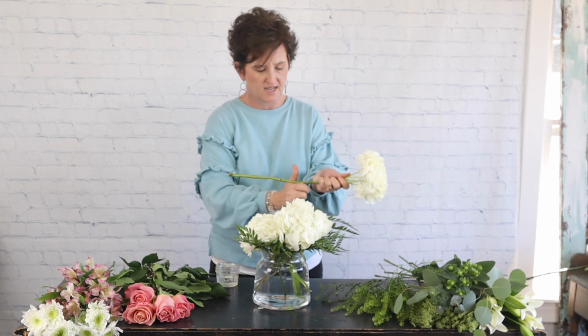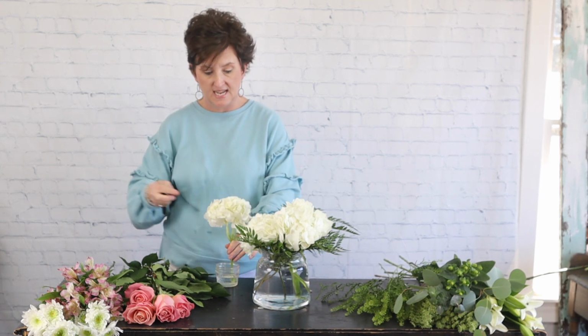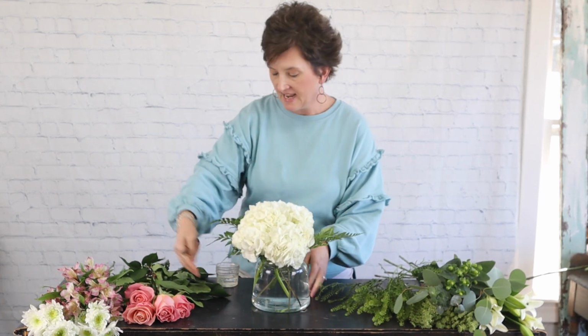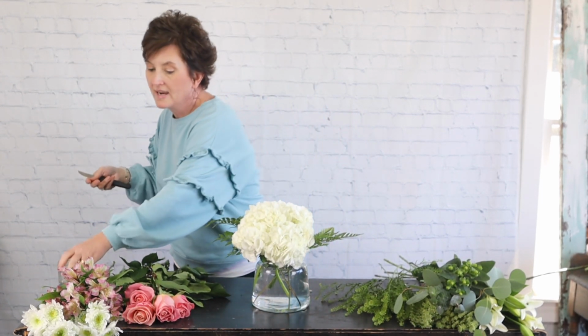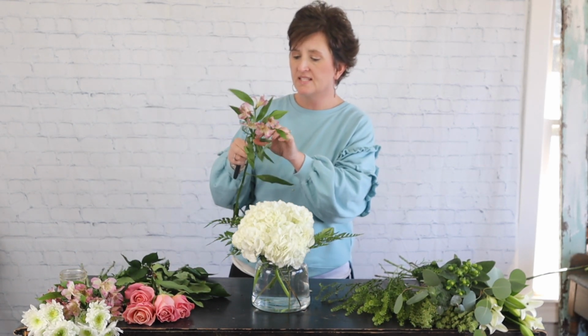I'm going to remove any of those leaves, and the reason we remove the leaves is strictly because the water comes up that stem and hydrates the leaf first before it hydrates the head. And so if you remove those leaves, it gets to bypass having to water the leaves. All right, so I just put a wad of white hydrangeas in there. Next I'm going to come in with some pink